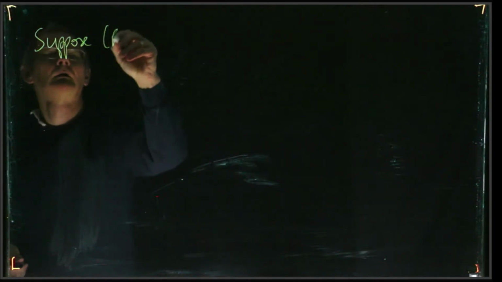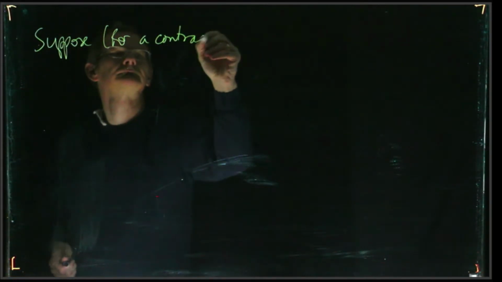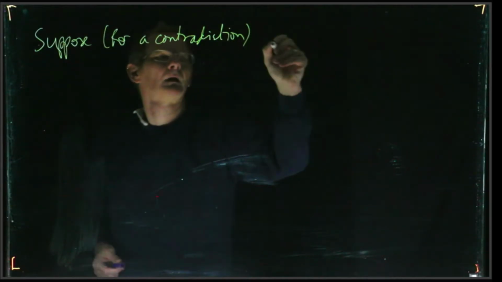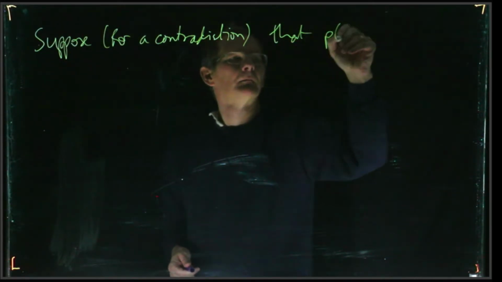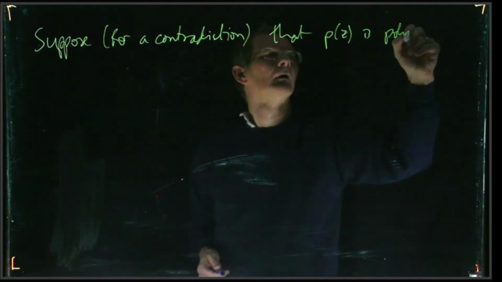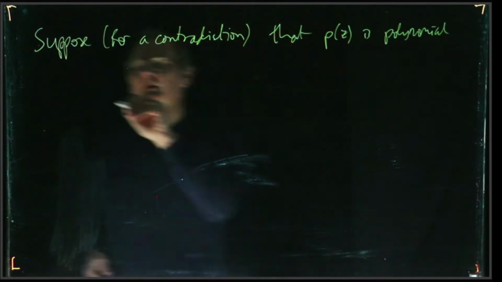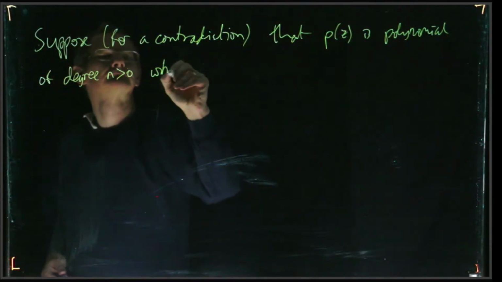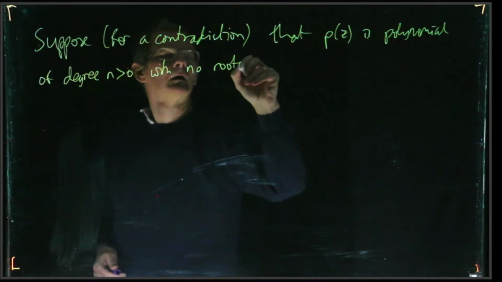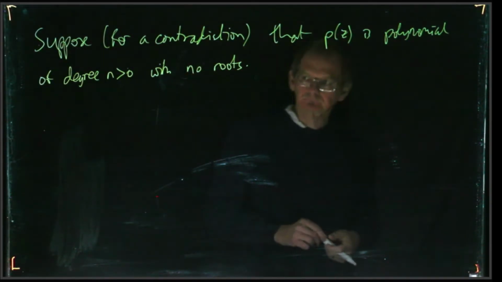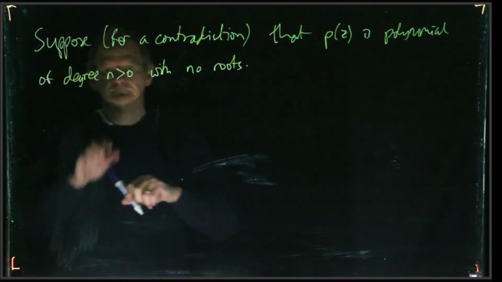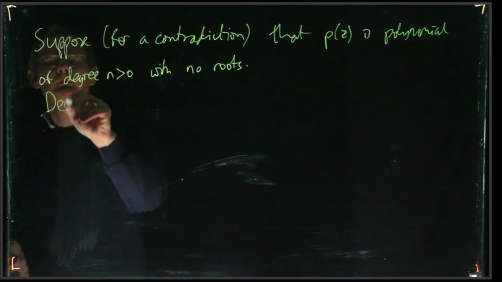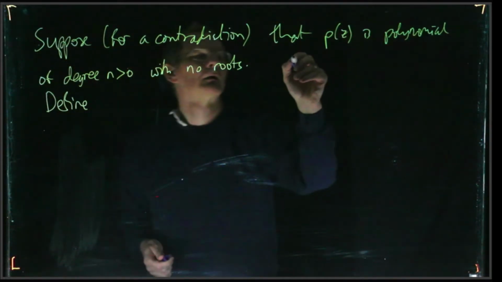Okay, so now to return to the fundamental theorem, let's suppose, for a contradiction, that P of z is a polynomial of degree n bigger than 0 with no roots. Okay, then now